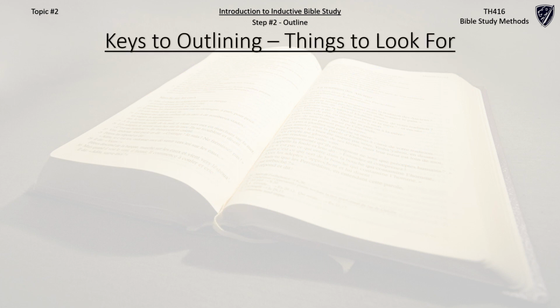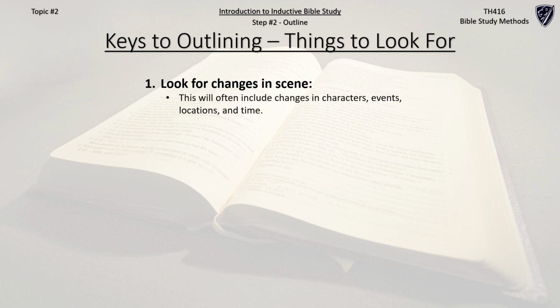Now let's look at keys to outlining, or things to look for when outlining. Number 1, look for changes in scene. Now, this will often include changes in characters, events, locations, and time, and this is the most reliable indication of a change in segment. If you think about a movie, you know when there's a different scene because usually there's some kind of a cut scene that happens inside the movie,